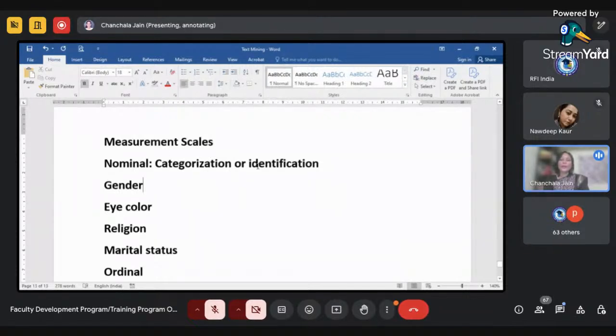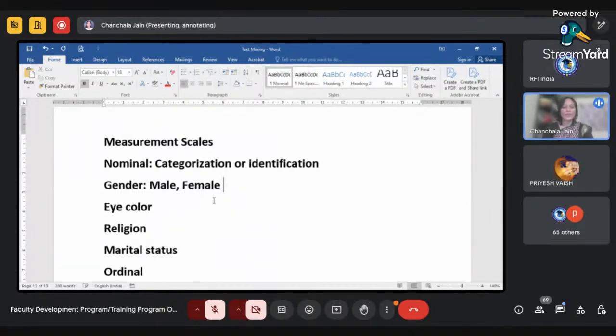Further, if I talk about identification, we know that for research purposes, some variables need to be coded, right? We code them because statistics deals with numbers. For example, if I ask the gender of the people, they will belong either to the male or the female category, if I am talking about two genders only. To code this data, suppose I give two for female and one for male.